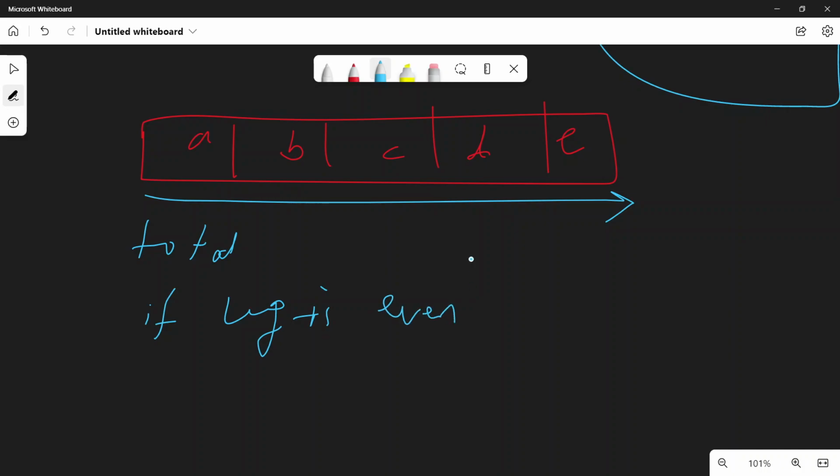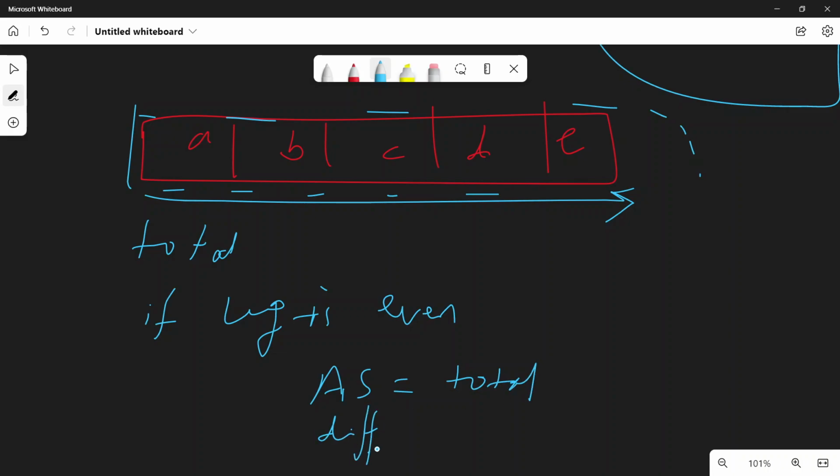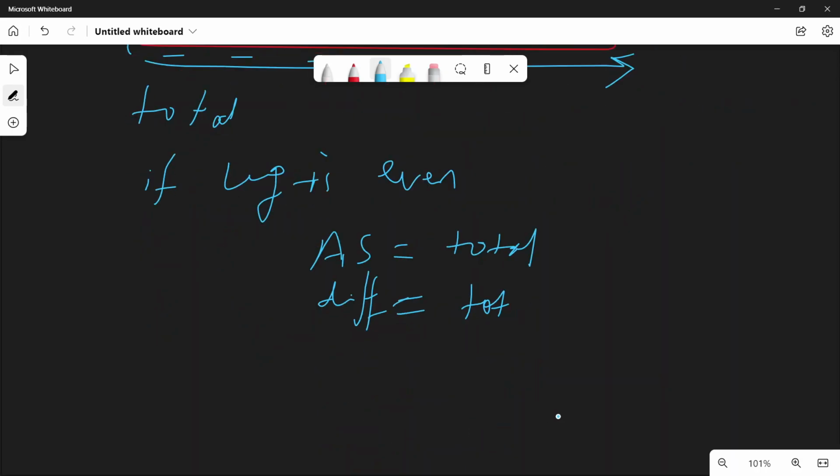If the length is even, Alice will choose the entire string, and her score will be the total score. I am denoting Alice's score with AS. If Alice chooses everything, then Bob's score remains 0, and the difference is also the total. Otherwise, if the length is odd,